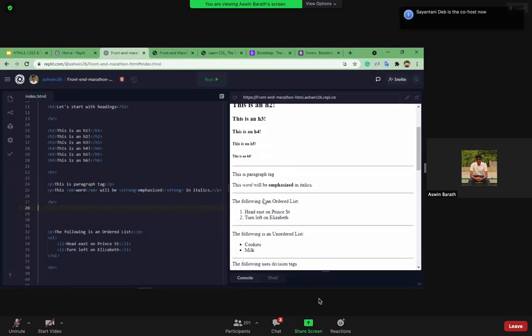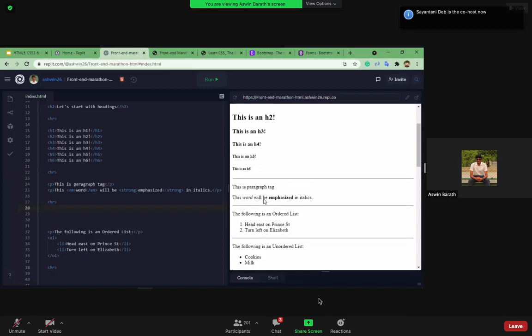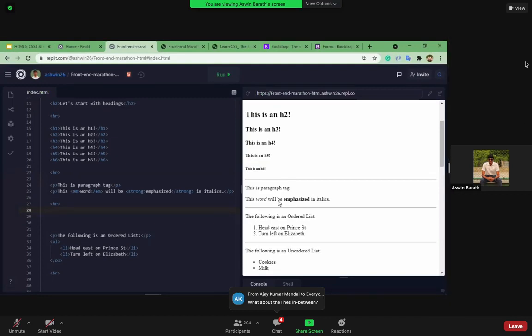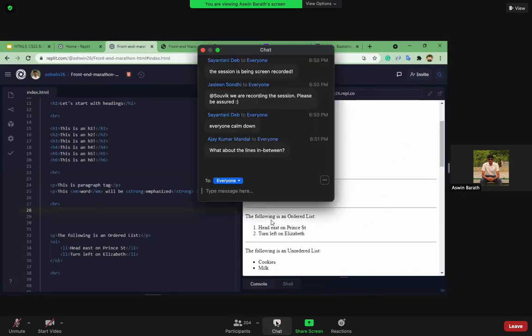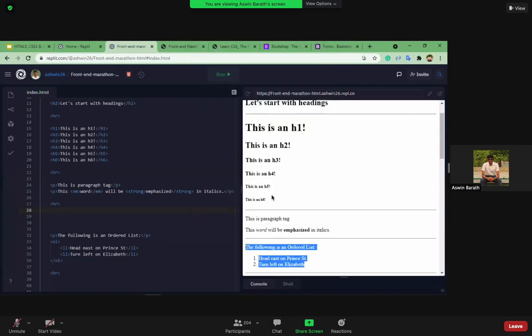Okay. So when it comes to content, let's say we want to give bullets to the content, right? Whenever we create presentations, we have bullet points, right? So to have that inside our HTML code, we use something called ordered and unordered lists. An ordered list is nothing but a list where the bulleting points are numbered. As you can see over here, the following is an ordered list. I have highlighted it over here, right?